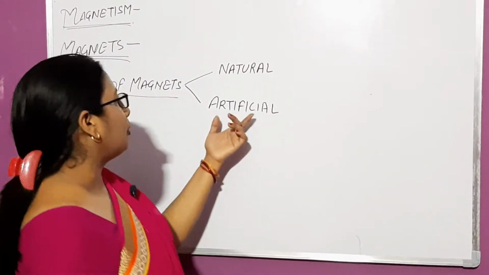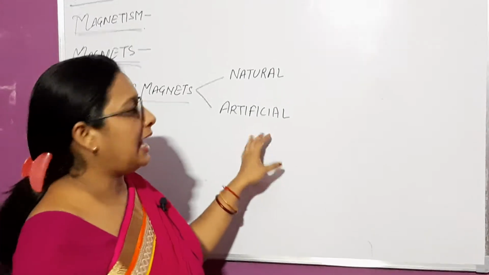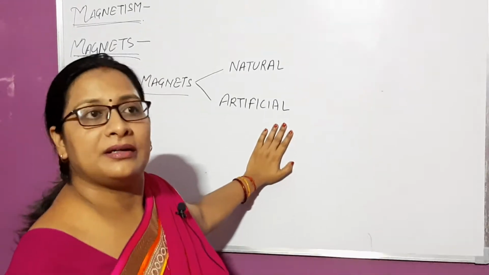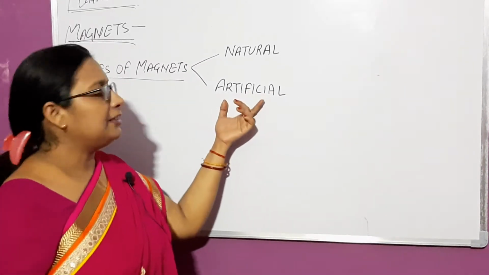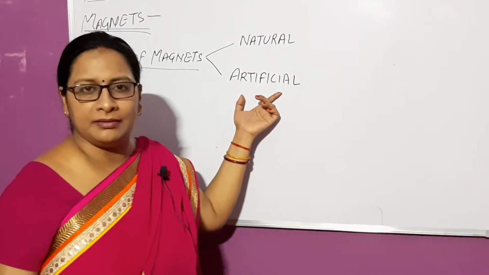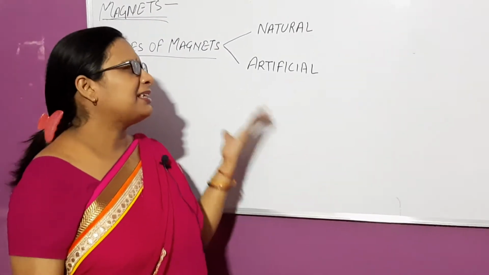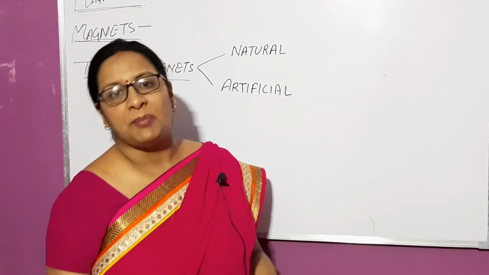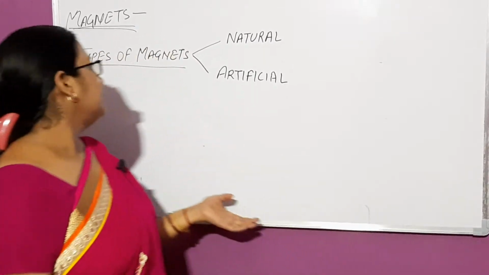Now move to the artificial magnets. Artificial magnets are man-made magnets, they are regular in shape and they produce a strong magnetic field as compared to the natural magnets. The strength of the magnetic field produced by an artificial magnet can be set as per requirement. So in practice we'll use artificial magnets. Some common examples of artificial magnets are the bar magnet, magnetic compass needle, and magnetic needles, which we use in our laboratories.